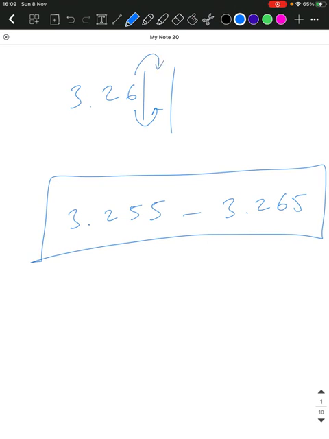So whatever you're given, always look at the next column, go 5 down, 5 up. Hopefully